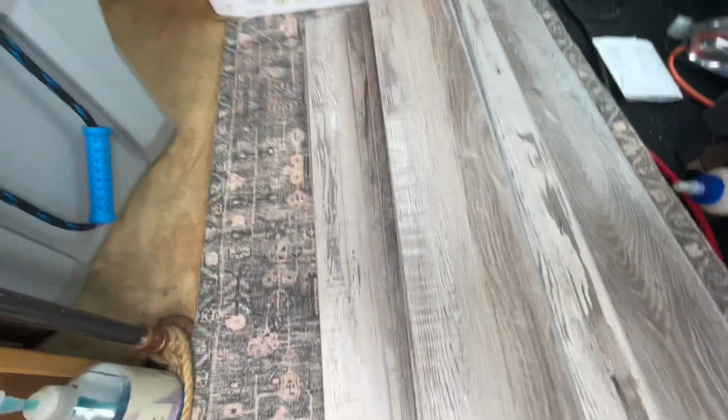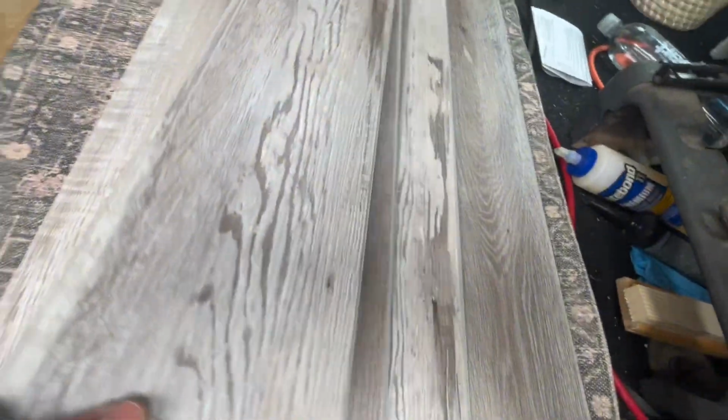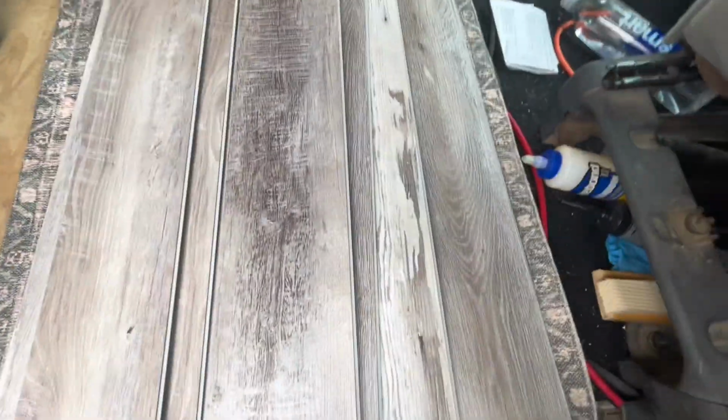Alright, I got me some flooring. I wonder if this will be enough. But yeah, I was walking through Home Depot. In the corner of my eye, I saw one of these someone took out of a box. And so me and one of the employees hunted it down. So I grabbed some. Perfect